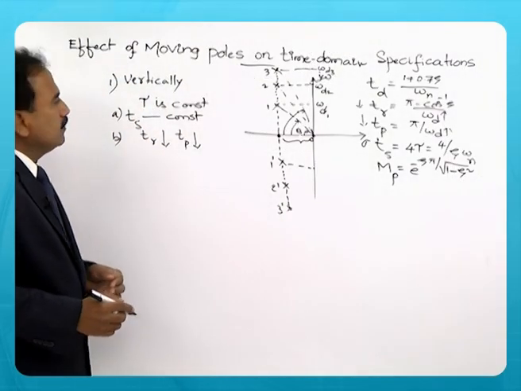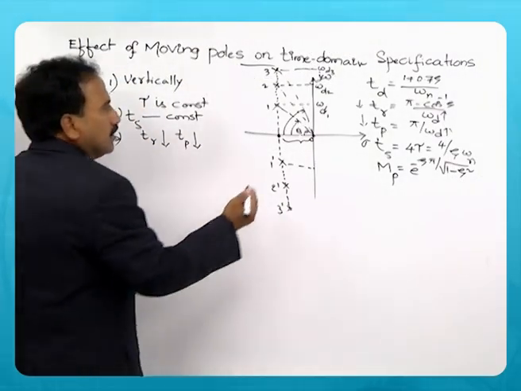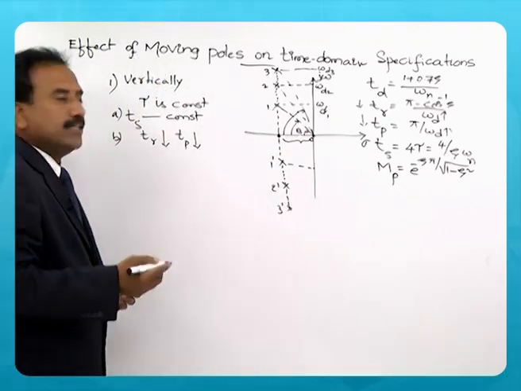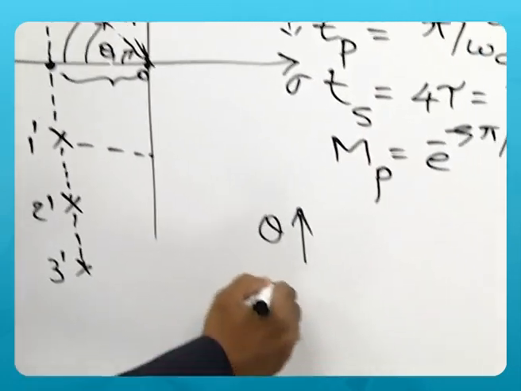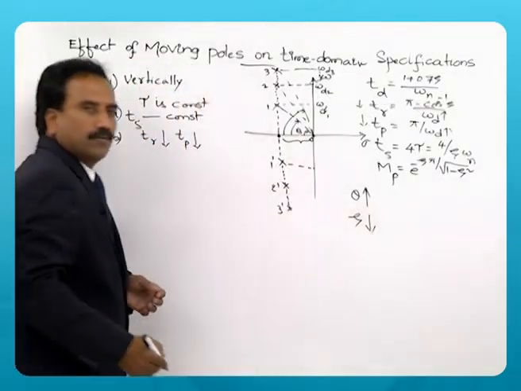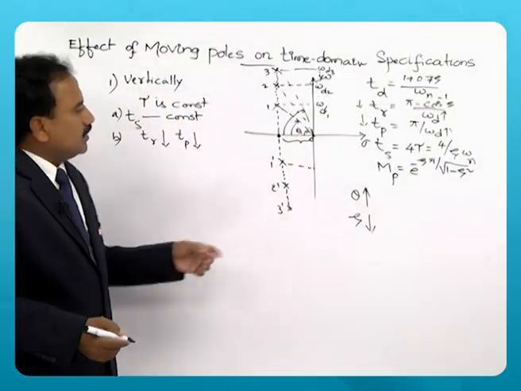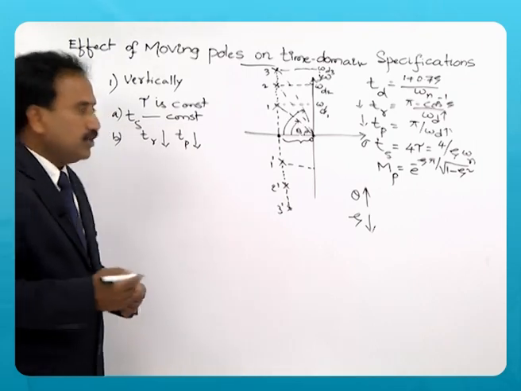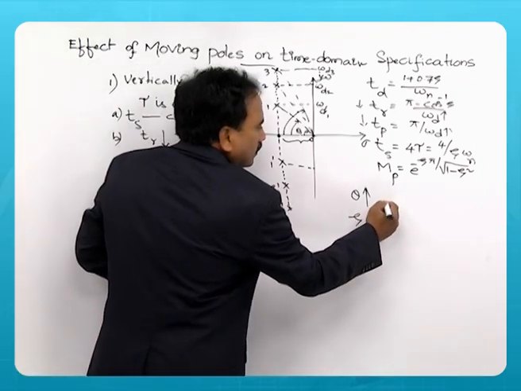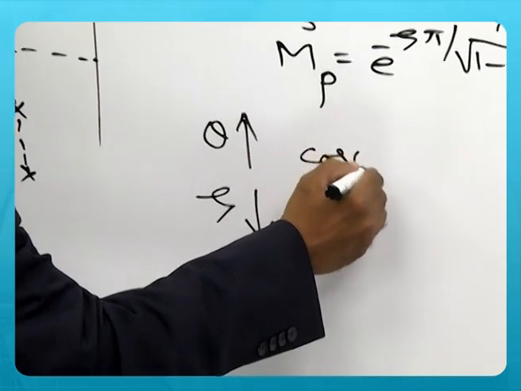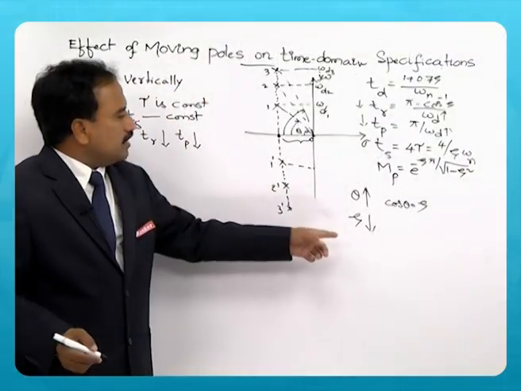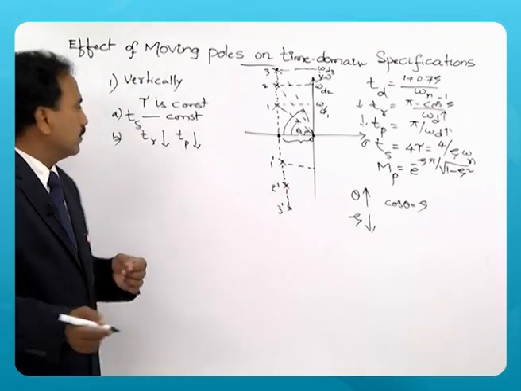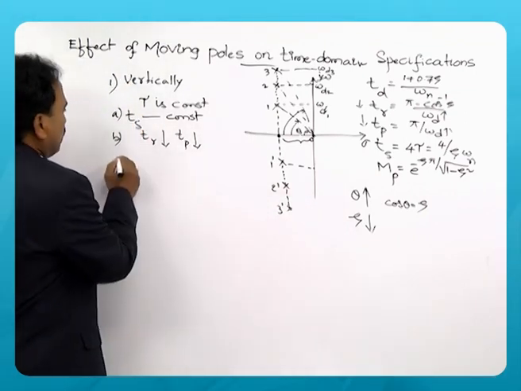So, the zeta and theta are actually related. When theta is increasing, the zeta goes down. That is the relation between theta and zeta, because cos theta is zeta. So, as theta is increasing, the zeta goes down. So, when zeta is decreased,